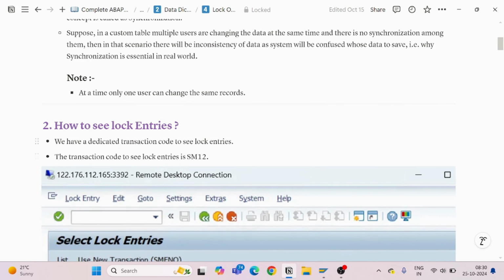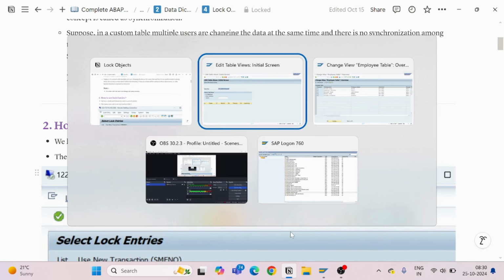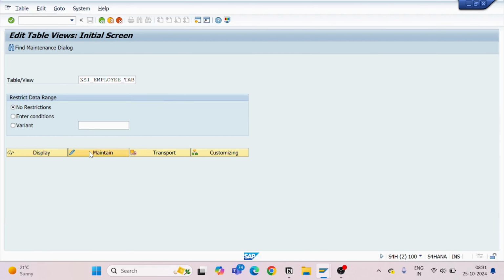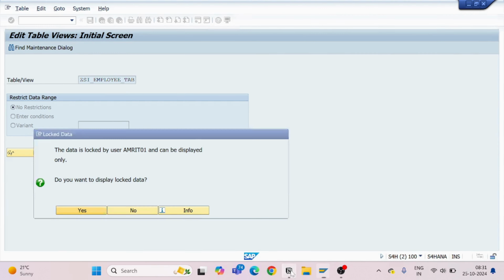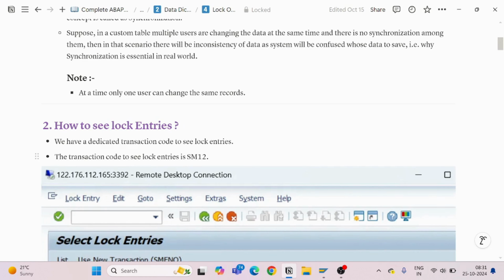Now how to see the lock entries? Here it is giving me a pop-up screen that this data is locked by user Amrit01. So where can I see the lock entries? For that SAP has given us a very dedicated transaction code which is SM12. SM12 is the transaction code to see the lock entries of our SAP.